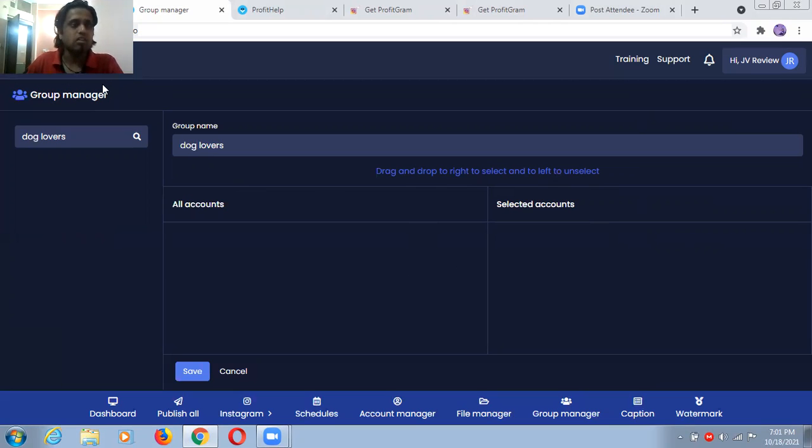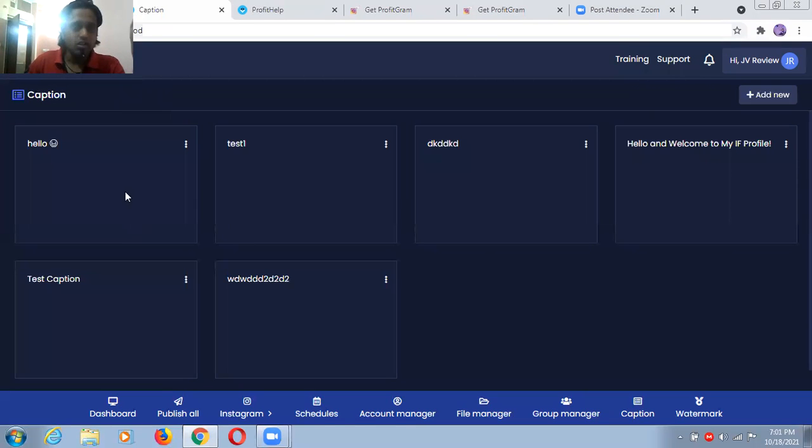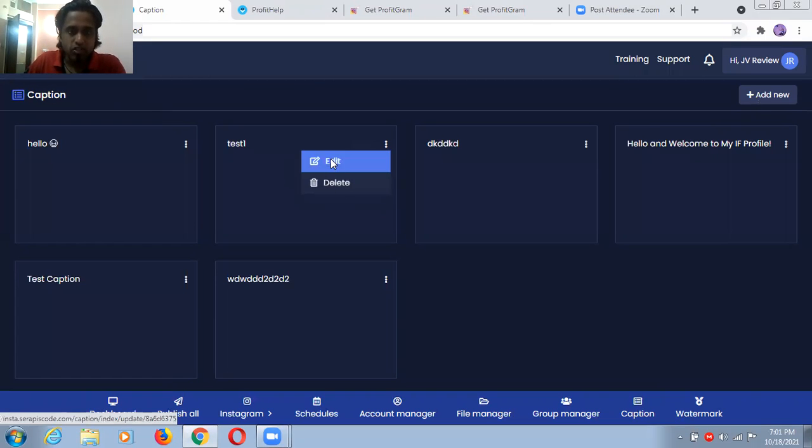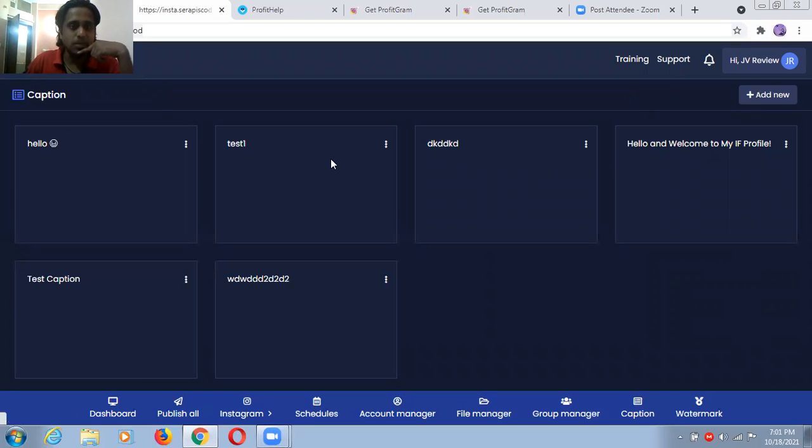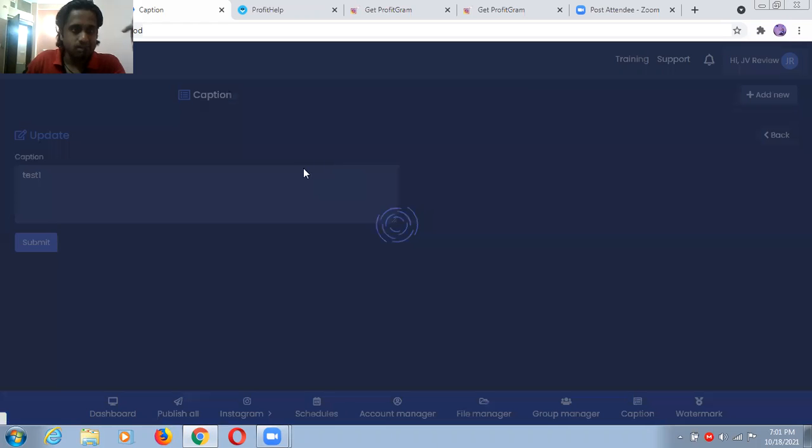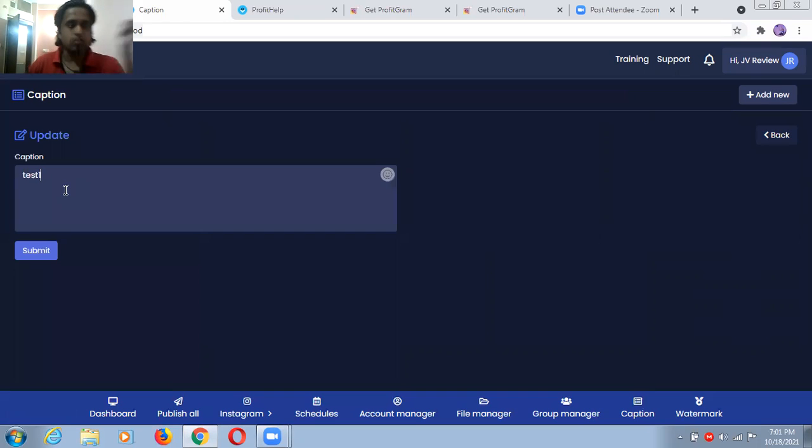I think after importing your Instagram account, you will get this type of functions and also some captions, so that you can put different Instagram accounts inside your captions. Okay, so this is paste, and all these things you can add new from here. So for example, I should go with this edit, delete. Just click on edit and let's see what is coming in front of us. Okay, so nothing here. This is just for typing and writing something like this.